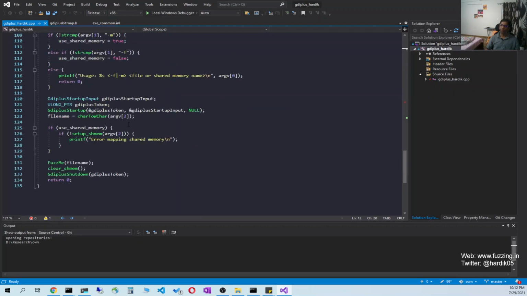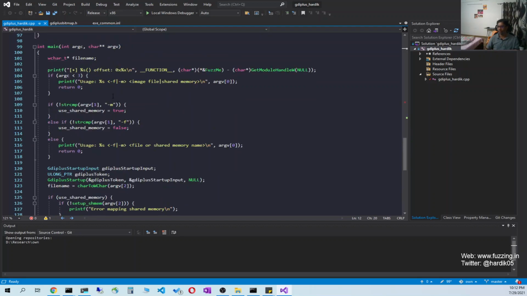This is the same harness which comes with WinAFL, and you can even use this to fuzz with WinAFL. I have added support for shared memory mode. I have discussed this harness in my last video, so if you want, you can go and check that.